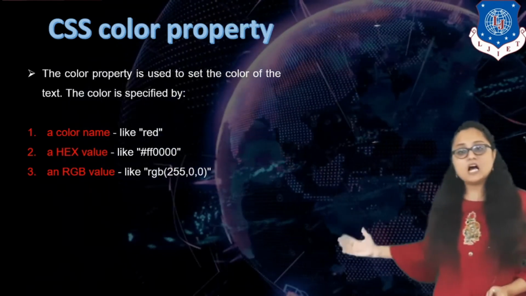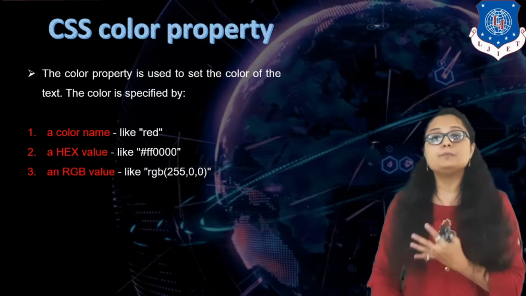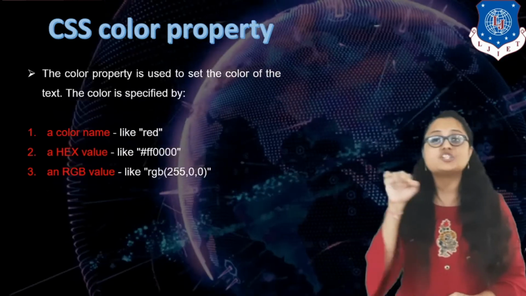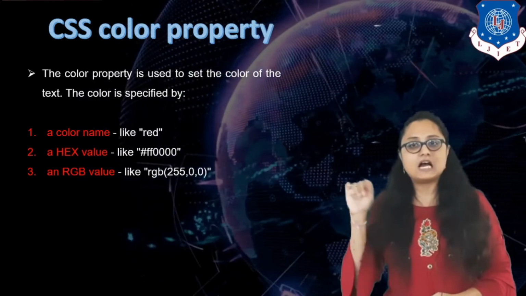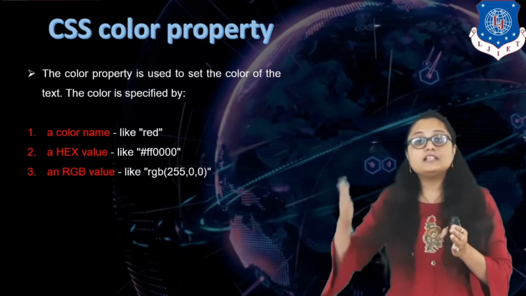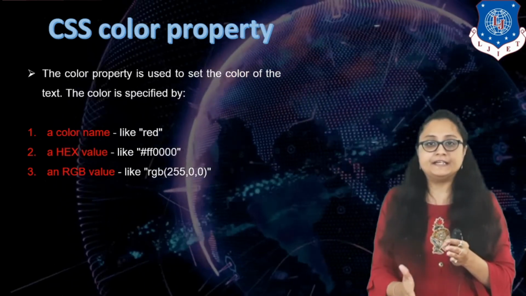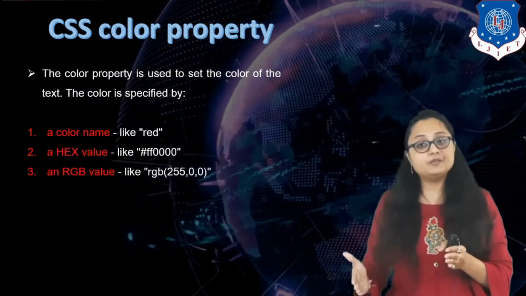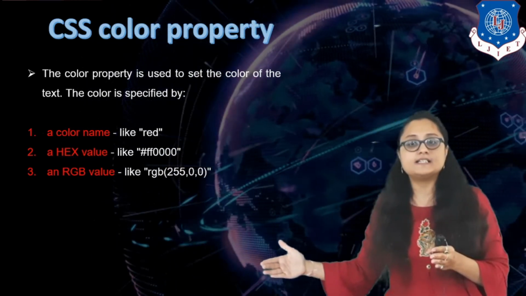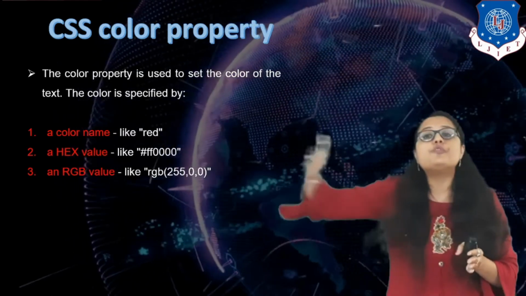Clear? And the last property specifying method is the actual RGB value. And how can we write the value? You have to write RGB, and in small brackets you have to specify 3 numbers, comma separated. Okay, and the first number again indicates the intensity for red, the second number indicates the intensity for green, and the third number indicates the intensity for blue. The range for this stands from 0 to 255.